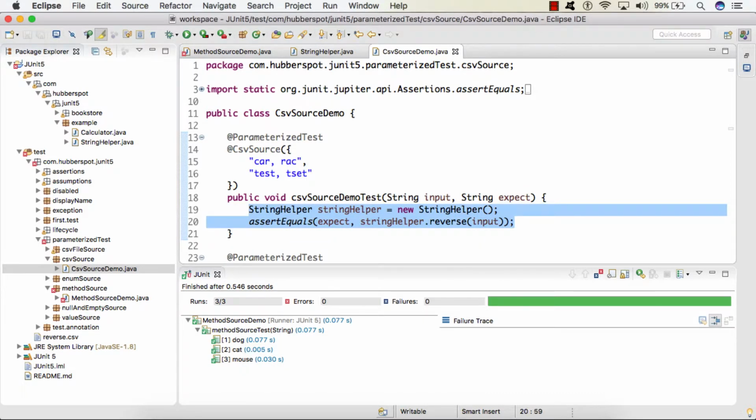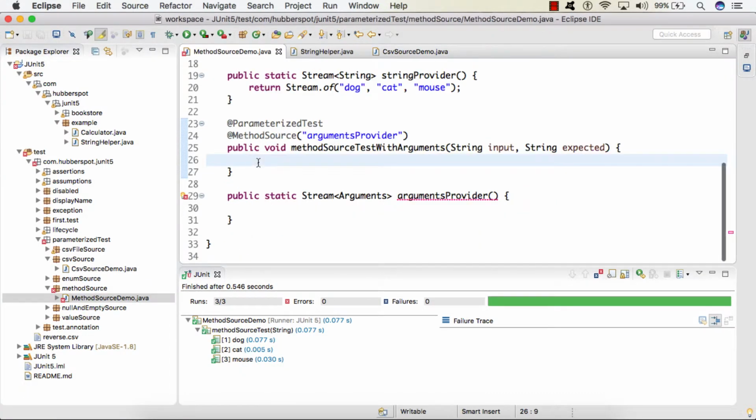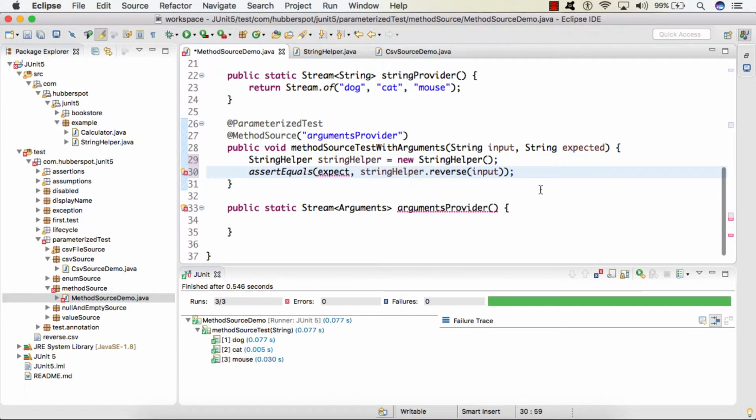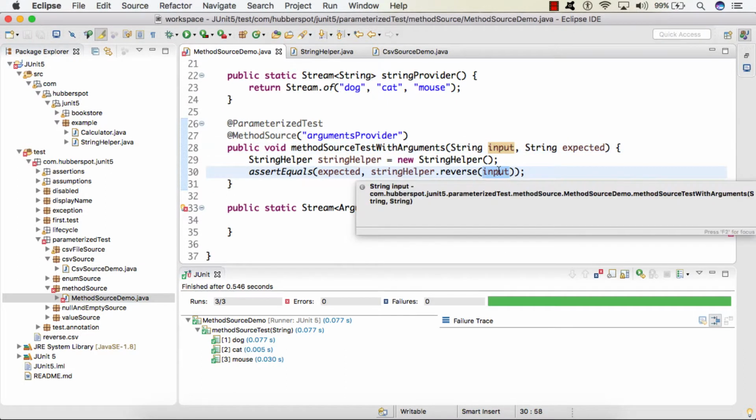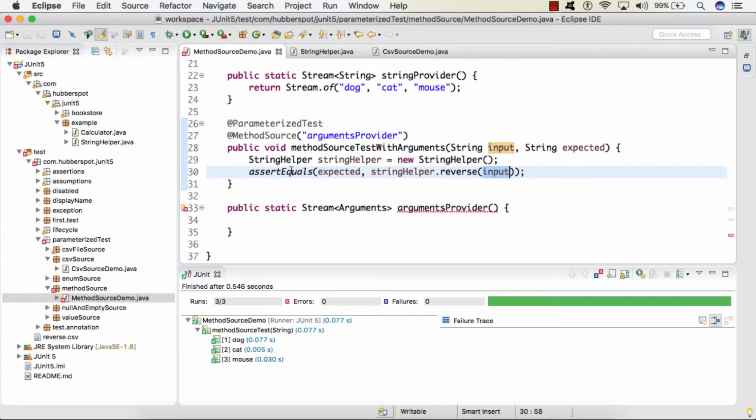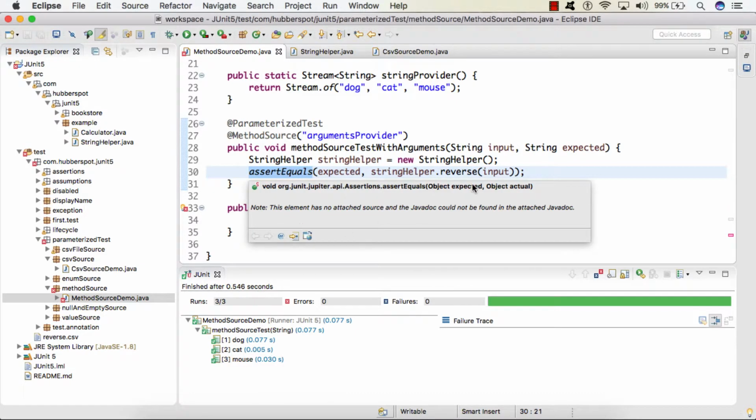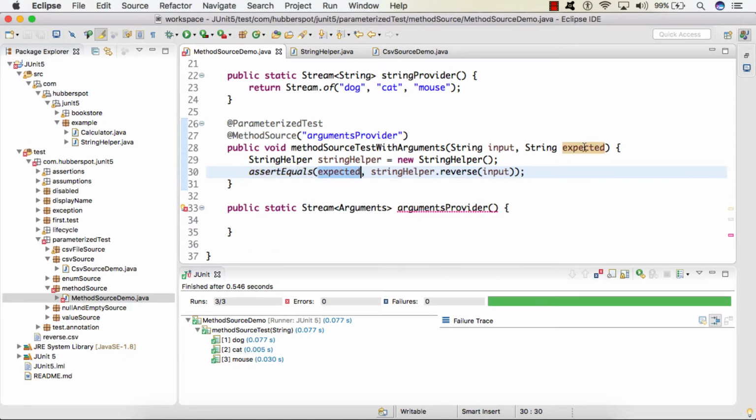So I'll simply copy these 2 lines and I will reuse them in MethodSourceDemoTest. So here we are simply calling StringHelper.reverse by providing in the input, and whatever it returns, we are asserting it with assertEquals with the expected value, which we also pass to this @ParameterizedTest.